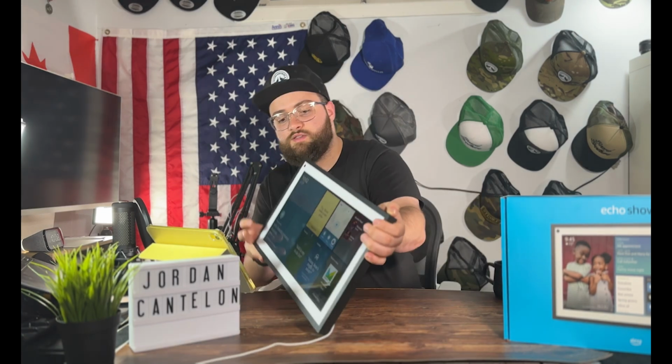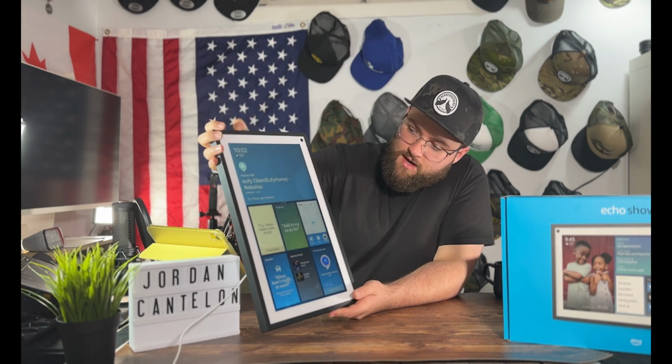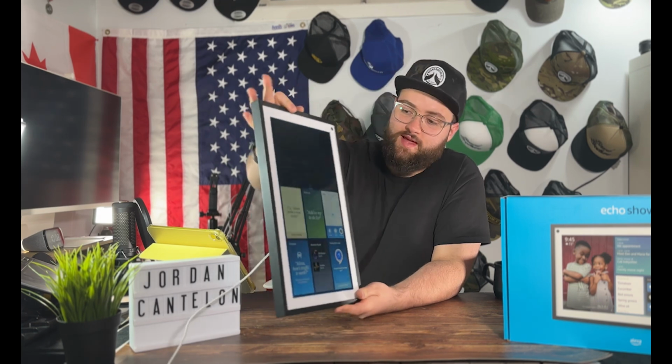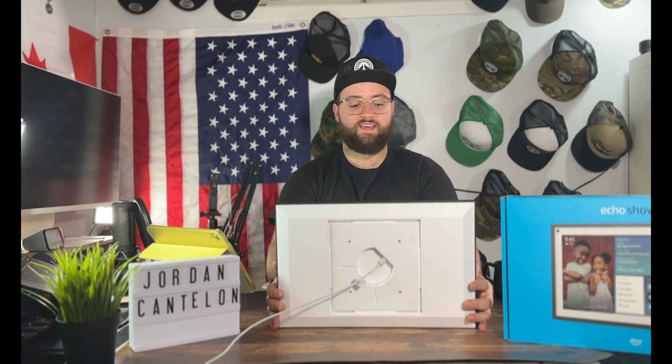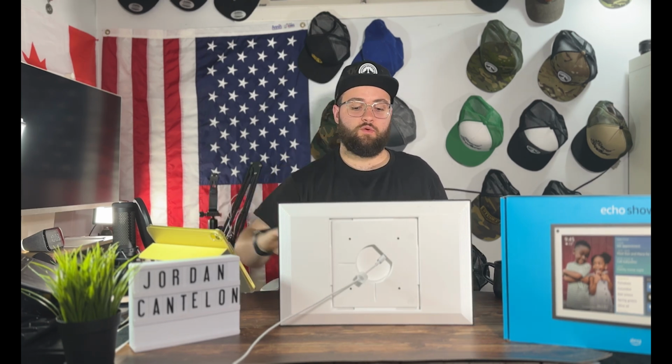Yeah, that's how it looks. You can see some different recommendations. Oh, that's cool. Rotates automatically, which is pretty cool. So you can have this either in portrait or landscape. Pretty cool. That stands up by itself. Yeah, let's test this out and ask it some questions. It does stand up on its own, or you can also do a stand or mount it on the wall,